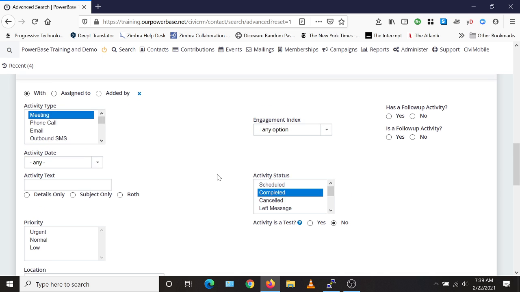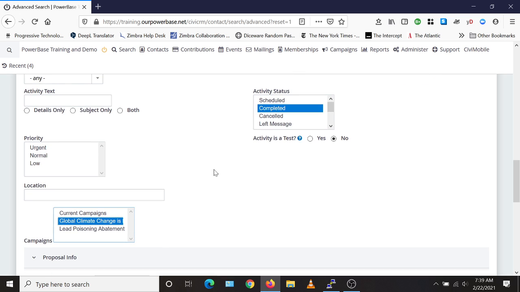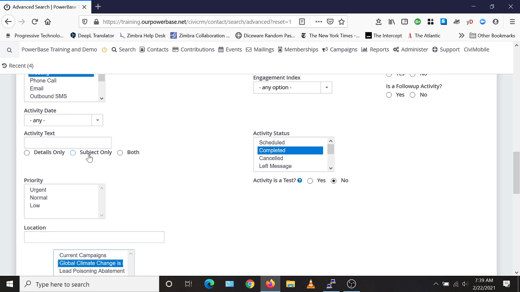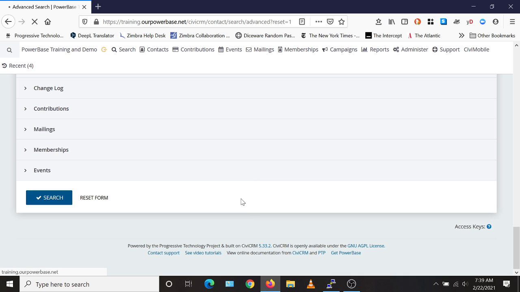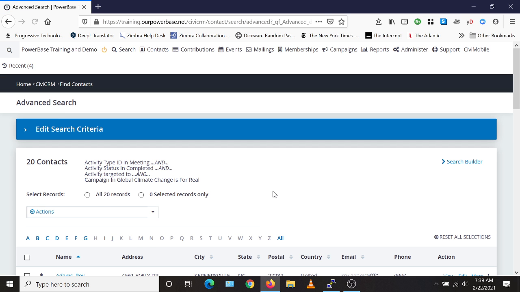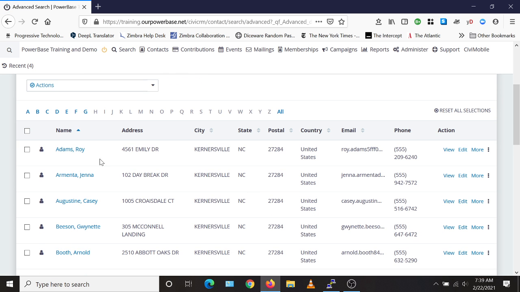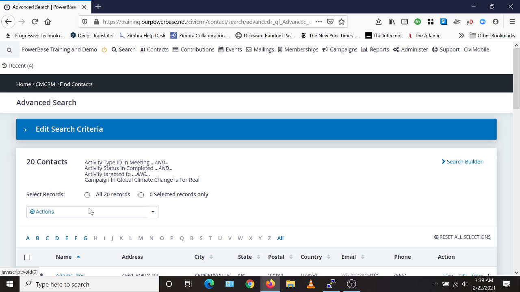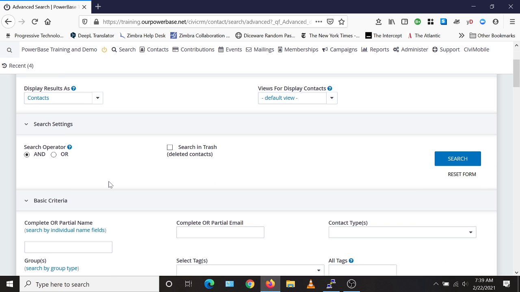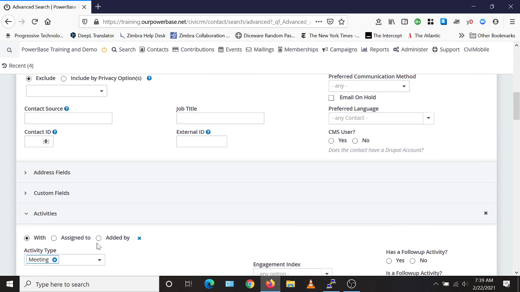But again, unless I know the actual date it was, or we were using the subject line, but you could easily misspell things. But let's take a look at this and see. We should get our 9 folks that showed up. Oh, this one showed up. I didn't put the date, so notice it's everybody. So let's go in and actually put the date. I'm going to edit this search, and let's put in that date. So I did miss that,